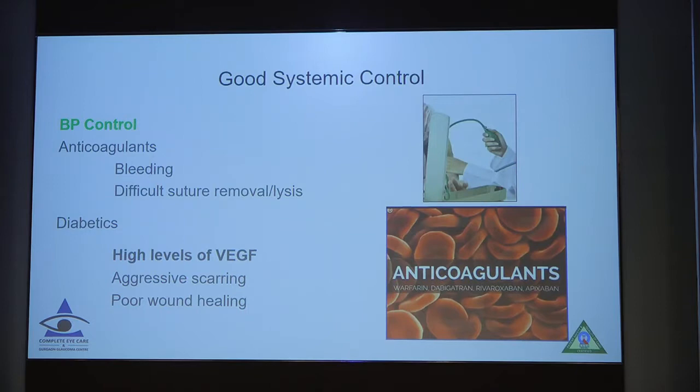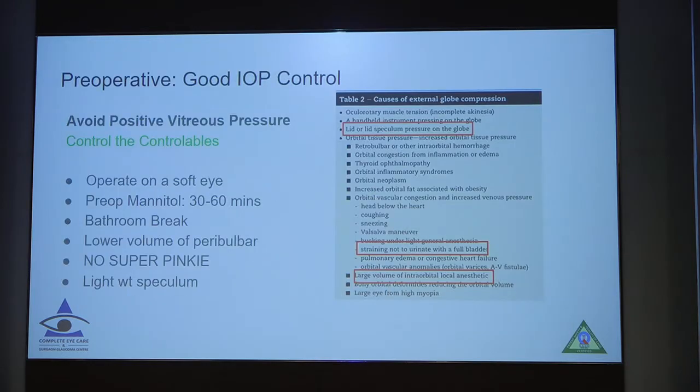Again, diabetics, you have to be careful because these have high levels of VEGF and can have aggressive scarring and poor wound healing and are more susceptible to develop infection. Now, once you have chosen the surgery and you're taking the patient for surgery, it's a good idea to have a good intraocular pressure control,